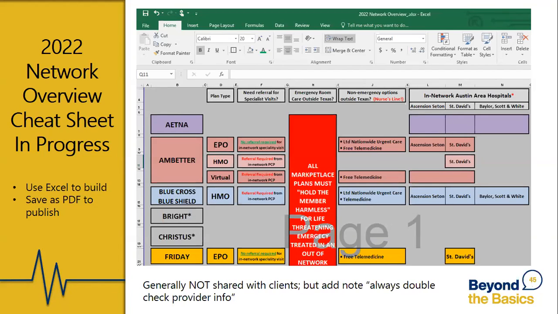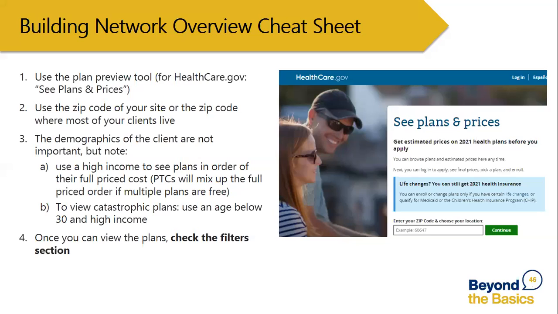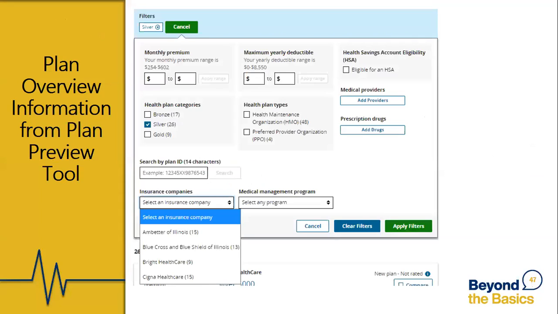And essentially, you can see that I have different little fields built depending on what's important to my team. And for this specific overview, you can more or less find all of this information just using the filter tool. If you go into the plan preview tool a little bit closer to October, use whatever zip code makes sense for you and your clients, and then move into the filter plan section. I believe this is Cook County. You can see immediately